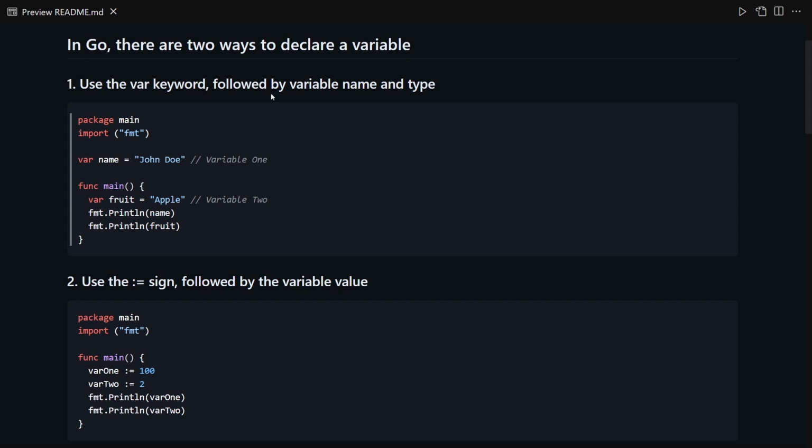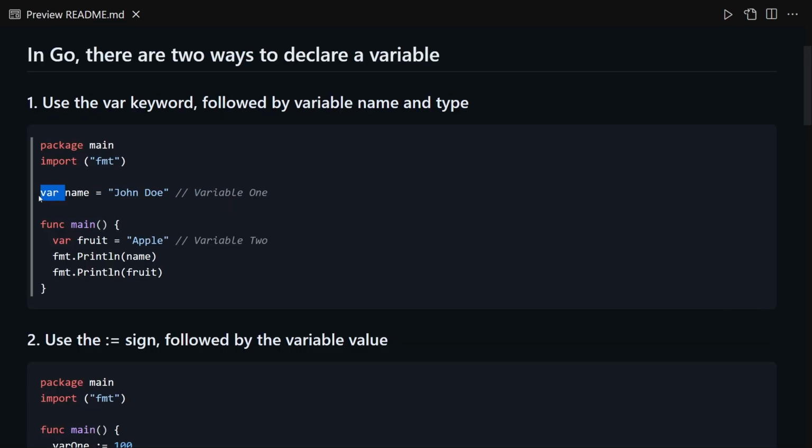Use the var keyword followed by the variable name and type. First of all, we have to write the var keyword. Let me just zoom in a bit. Then we have to give some sort of a name for our variable, and then an equals sign, and then the value we want to store inside our variable. Whether it's going to be a string, number, boolean, or whatever. These are called types, which we are going to dive into in great detail,